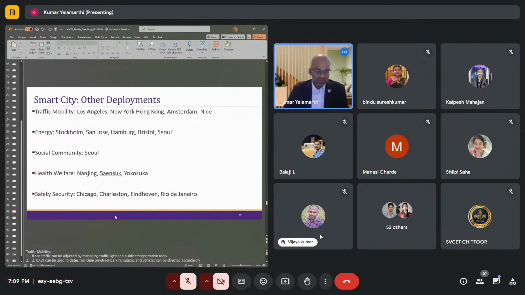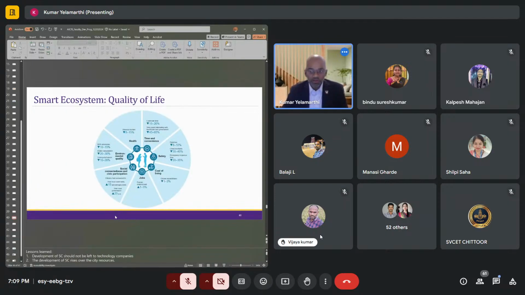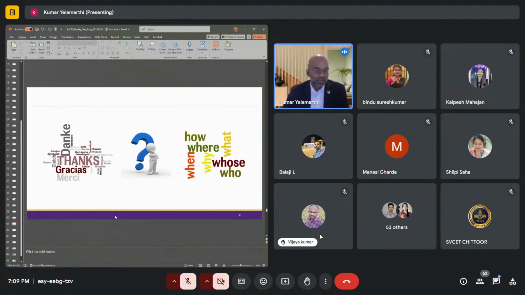There are many applications. If you ensure a safe grid and a safe vehicle network, you can generate a smart city and collectively increase the quality of life of humans. As I said, if you connect to the smart ecosystem, you can save up to 300 lives per year in a city of 5 million people. Even saving one life is worth the effort that we all put in. So with that, I will stop and see if you all have any questions.